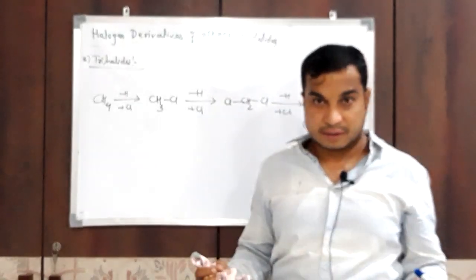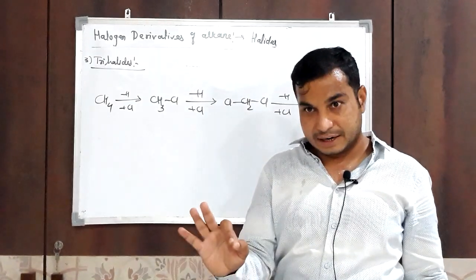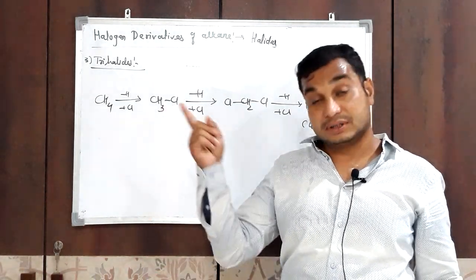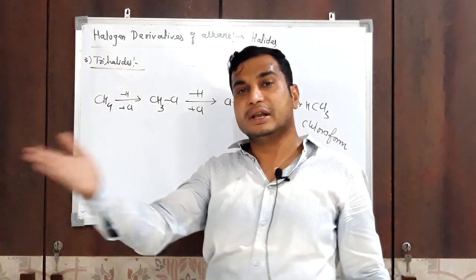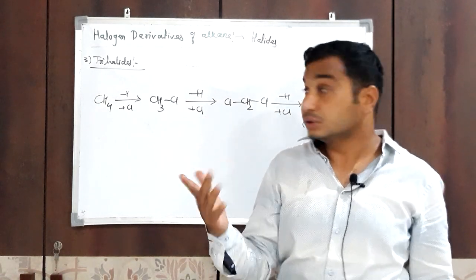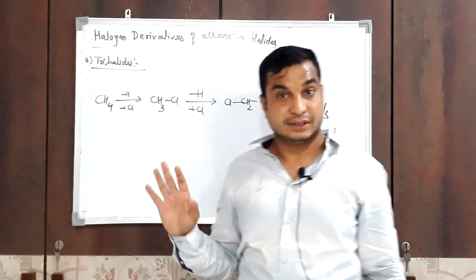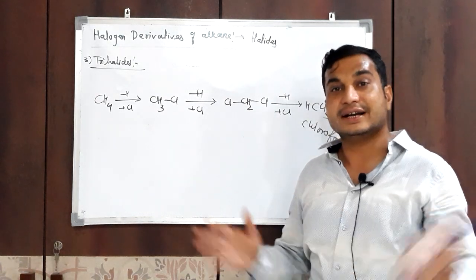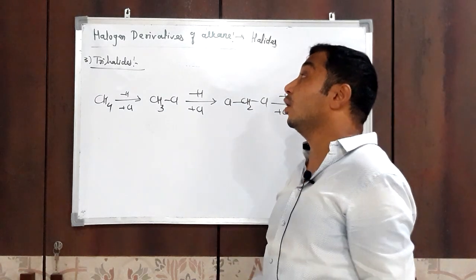So what we have to do? Take any alkane, and from that alkane replace three hydrogen atoms one by one, from the same carbon atom or different carbon atoms, by the same or different halogen atoms; that is called a trihalide. Similarly, tetrahalides, pentahalides or polyhalides. So these are the simple classification of halides: monohalides, dihalides, trihalides, tetrahalides, and polyhalides. Polyhalide means containing more than two halogen atoms.